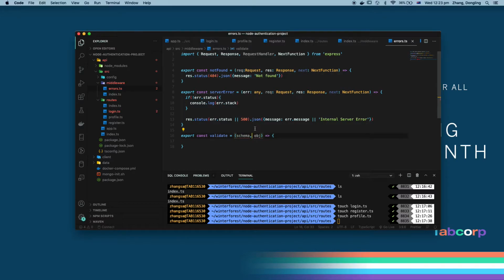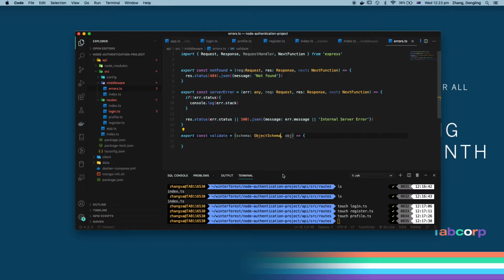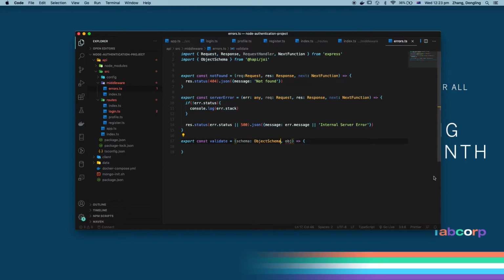In here, the schema action is from the object schema. I will just put it directly in here, because that is the good thing TypeScript brings to us. So you have the choice, and this is the schema, and these objects,